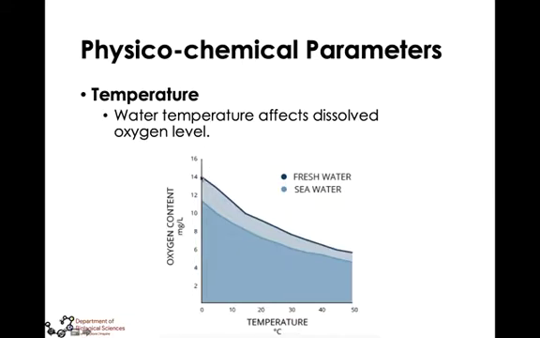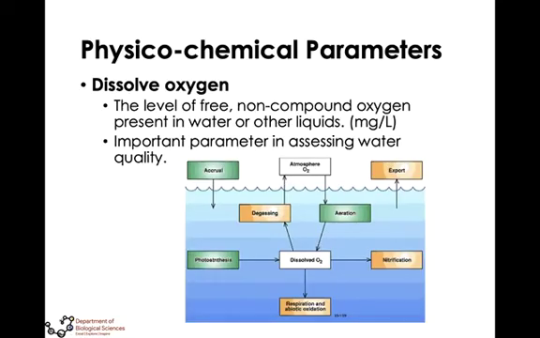So, you will ask, bakit magkaiba yung graph for freshwater and seawater? In this case kasi, we are not looking just on temperature. Nagkakaiba din ang freshwater at seawater in terms of their salinity. So, salinity also affects the level of dissolved oxygen. Particularly, the same is true with temperature. Ang salinity nakaka-affect ng solubility ng oxygen on bodies of water. Kaya you will expect that there is variation on oxygen level or dissolved oxygen level in freshwater and seawater. Okay.